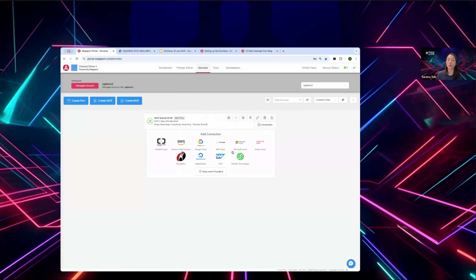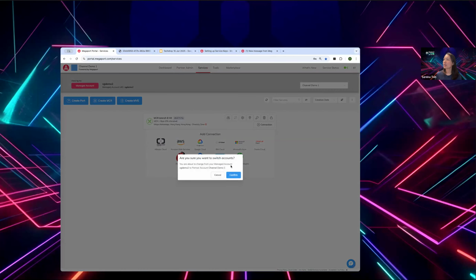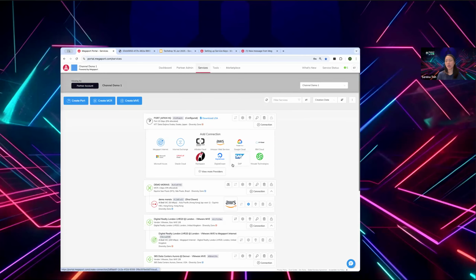So you can build your connection to the cloud. But in today's demo, in view of time, I'm not going to do that. So now quickly, let's go back to the main HQ account. What I'm going to show you is how you can leverage Megaport service key to connect to this HQ. First of all, under the HQ account, you need to go to the port,